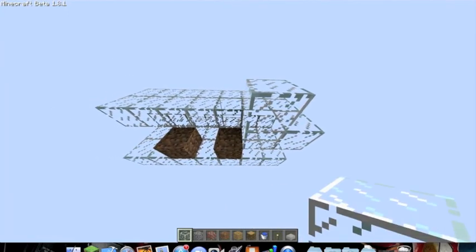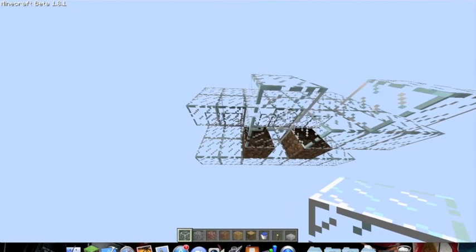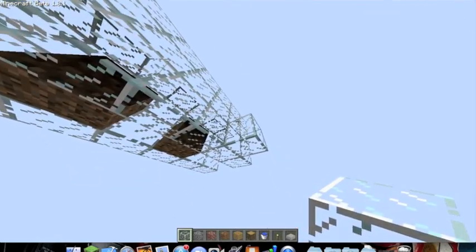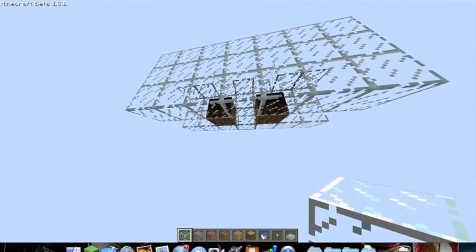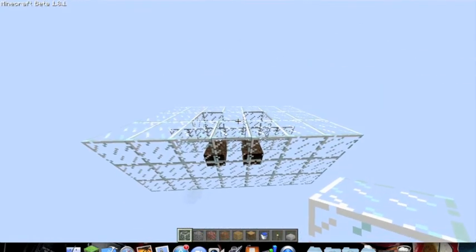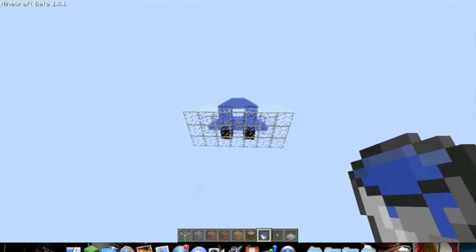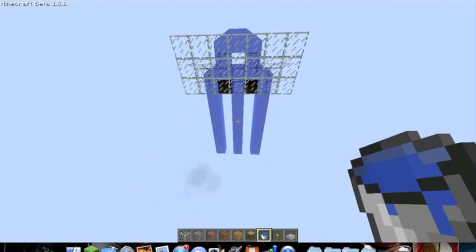I messed up. That sound of breaking glass scares me. I do not know why. Okay, so now we should get 3 columns of water, and it should be a sheet. There we go. So,